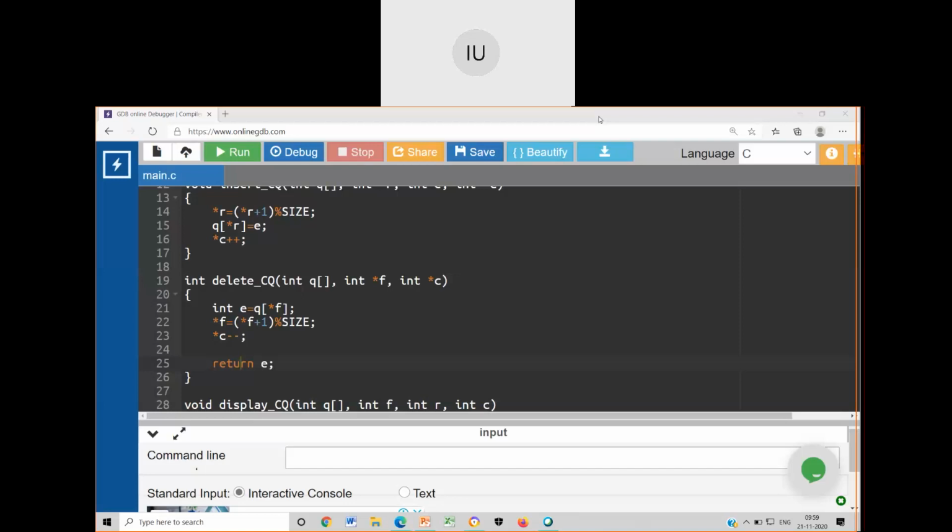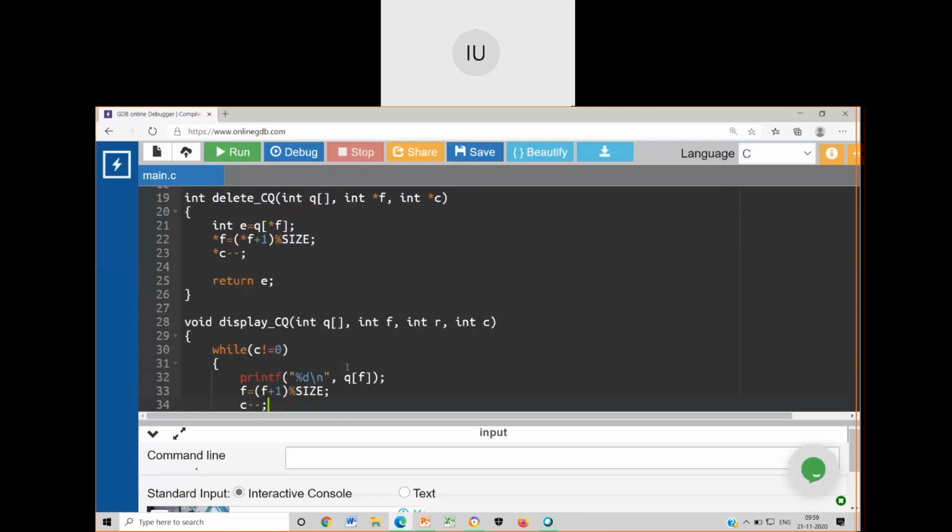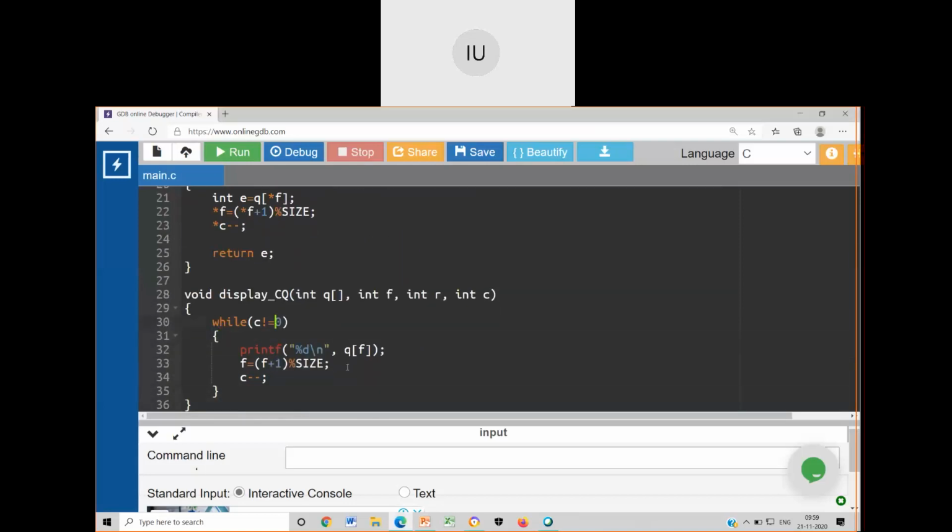Okay. Srinivas has asked me a question. Until F becomes equal to R, can you use this as a condition? Definitely you can use it, Srinivas, because until front comes back to rear, you have to repeat it. Well done. Very good. Okay. You can replace this condition in the display function, don't use counter at all. What you can write? While front not equal to rear. Until that time, you have to repeat. That is also correct. Okay, good one.